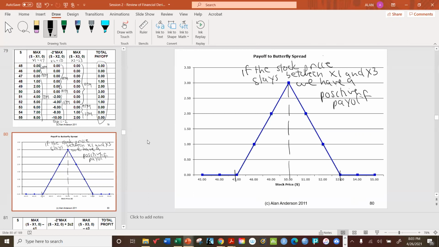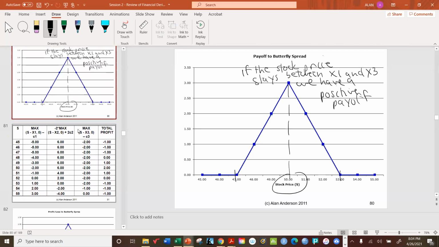Now, this is the interesting part. We're not actually betting on the direction of the stock, because if, let's say we start out with a stock price at 50, we can actually make money if the price goes up or down. So what exactly are we betting on here? Good question. Okay, so